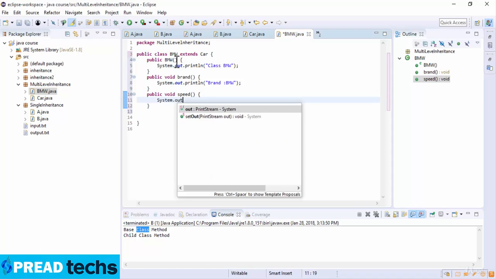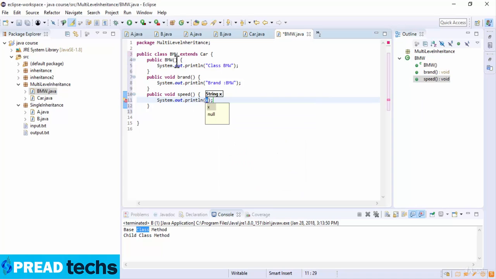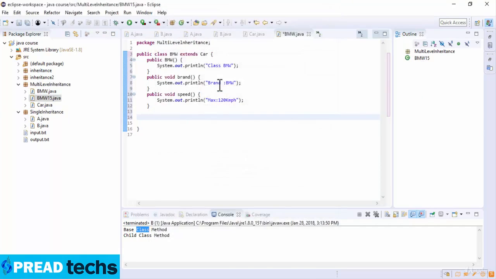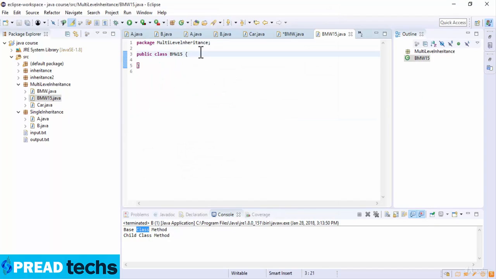Now System.out.println, and the println here is "maximum 120 kilometer per hour". Okay, and after that I just go to another class. So here I just write class, and the class here is BMW15. Okay, and then here I just write BMW15